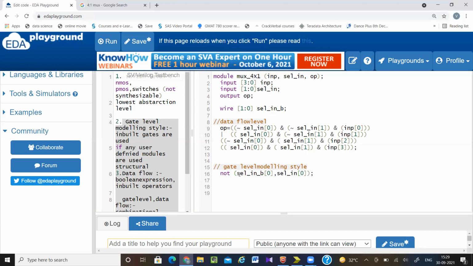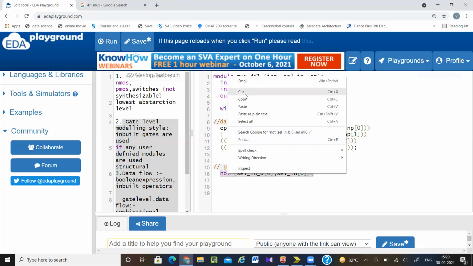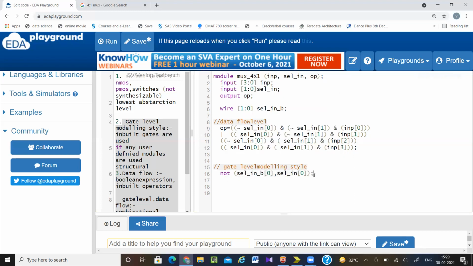Okay, and whatever the signals you are giving here, that should be of 1 bit size. So this is 1 bit, this is 1 bit, so this will be my input and output will be input bar. So same thing I can write for the select line 1 also. So inverter I have calculated.